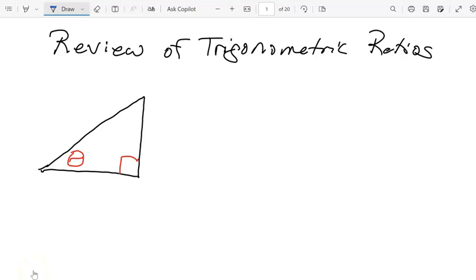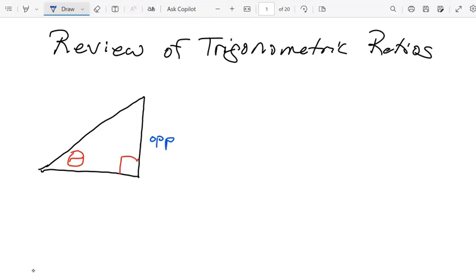Okay, this is a quick review of trigonometric ratios, and they can be used to represent the ratios of sides of a right triangle. So it's important that we have a right triangle, and I've labeled one angle of this right triangle, not the right angle, but one of the other angles, as theta, the Greek letter theta. And the sides are relative to that